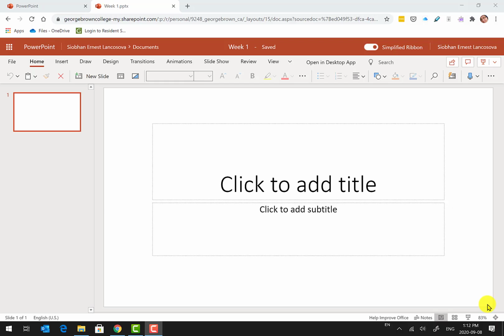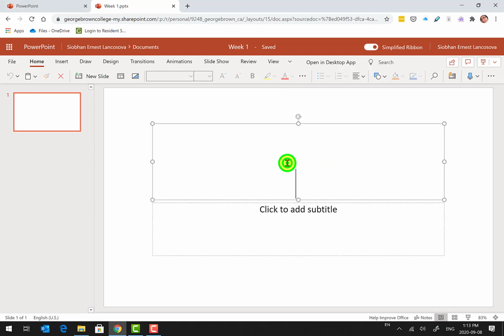Okay, so we have a presentation for week 1 and we're going to do a little bit of slide basics. So we have here a PowerPoint presentation with a single slide. I can tell that it has a single slide because in the left-hand column in the navigation I see one thumbnail, which is basically a small picture of the slide that you see in the larger area here. So I have a single slide in the presentation, and this slide contains two placeholders, one for the title and